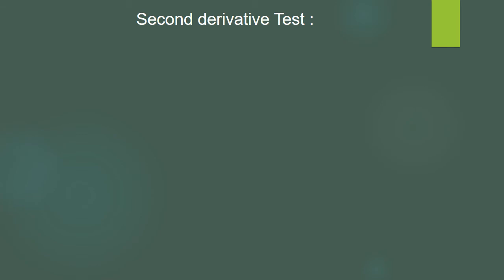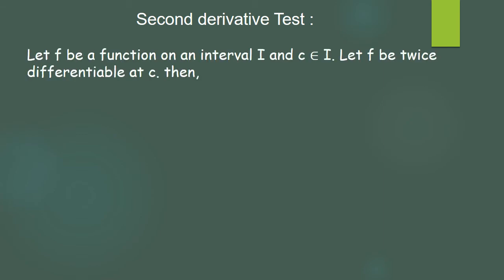The word second order derivative or second derivative test is a second order. It means we have to differentiate up to the second order derivative. Now f be any function in the interval I, c belongs to I, and f is twice differentiable at c. So then we get